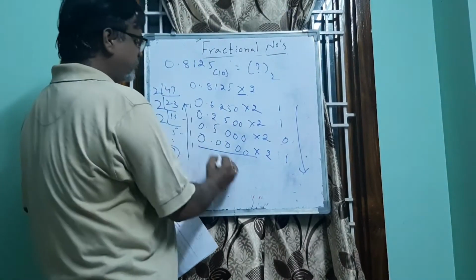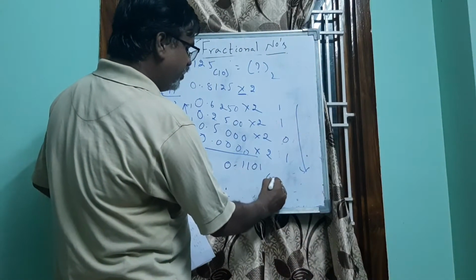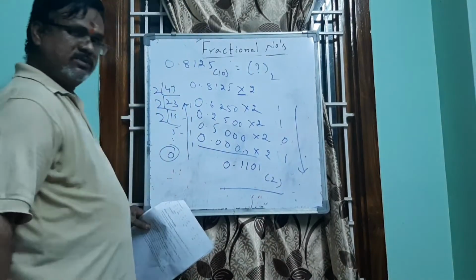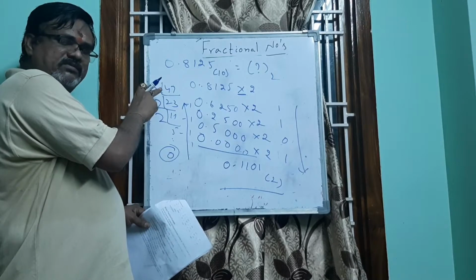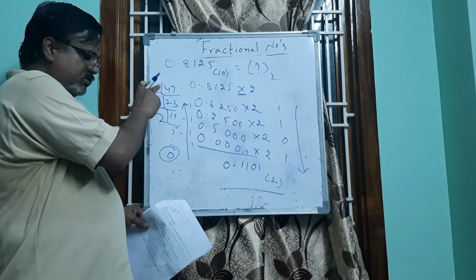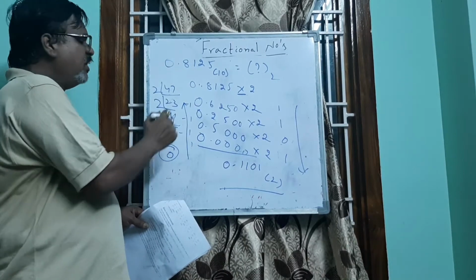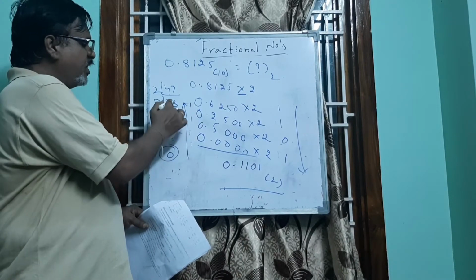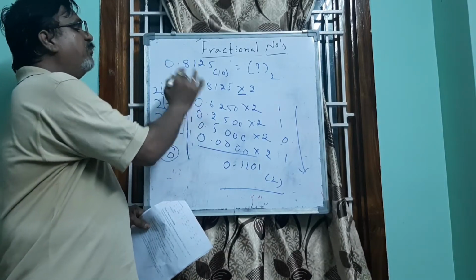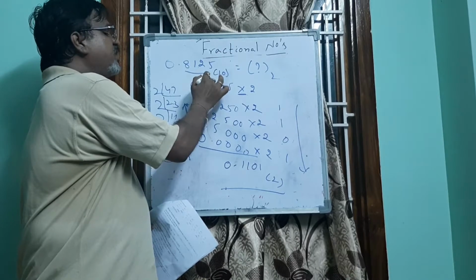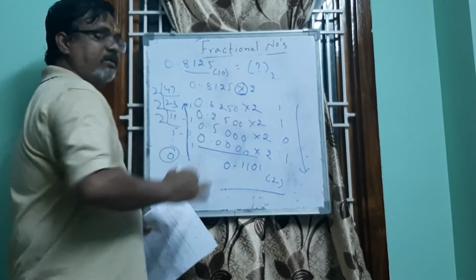So this will be 0.1101 base 2. Two important points. When converting an integer part to binary, we perform the division operation, writing the quotients here and remainders here, and you write from bottom to top. But converting a fractional decimal number to binary, instead of performing division, we perform multiplication,